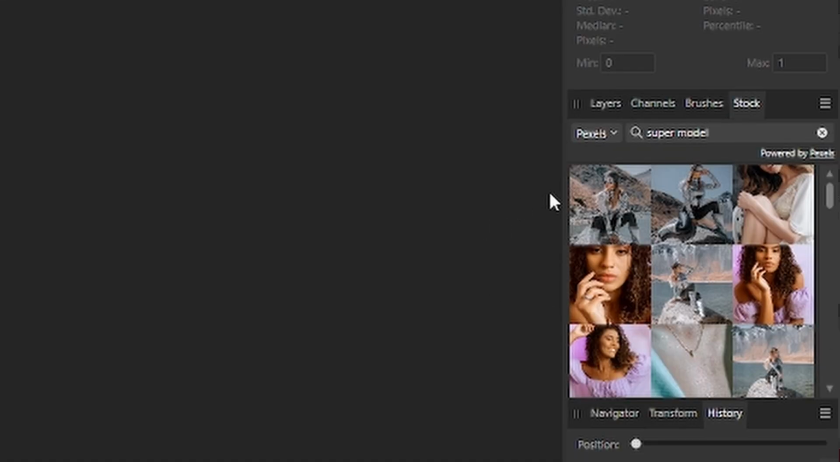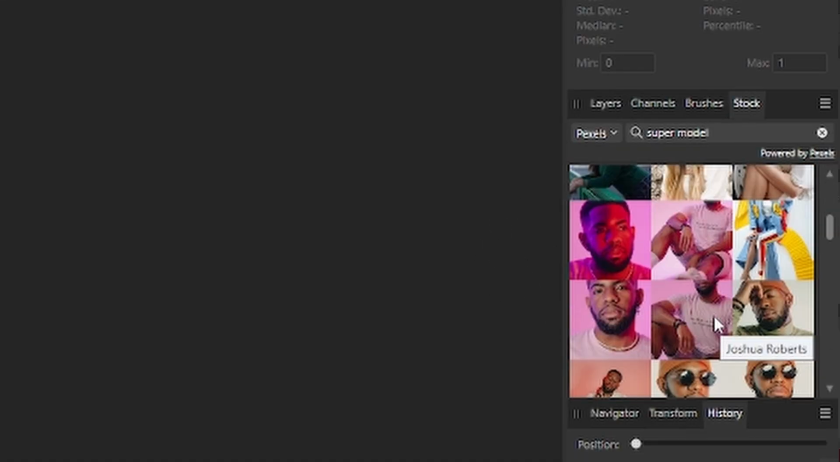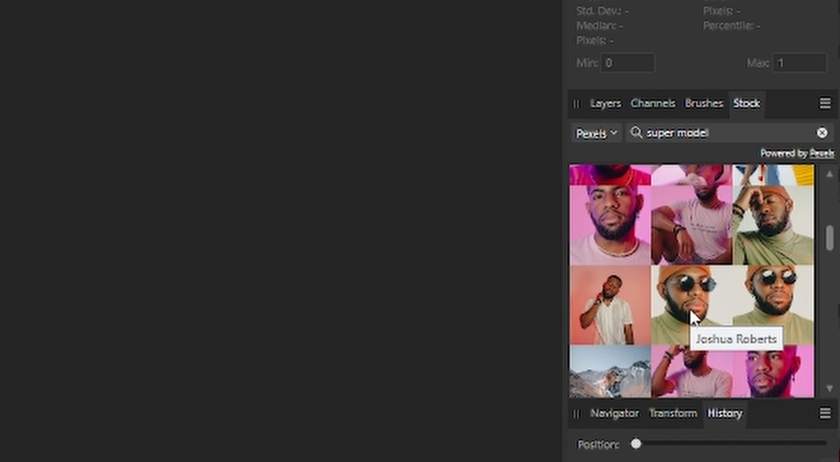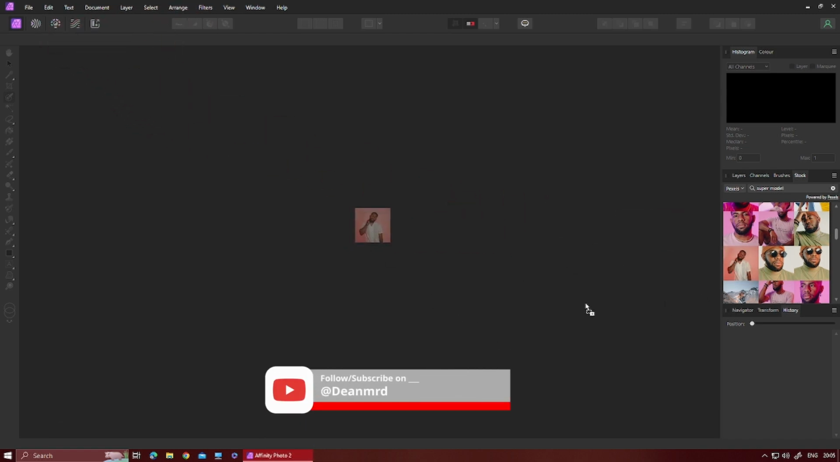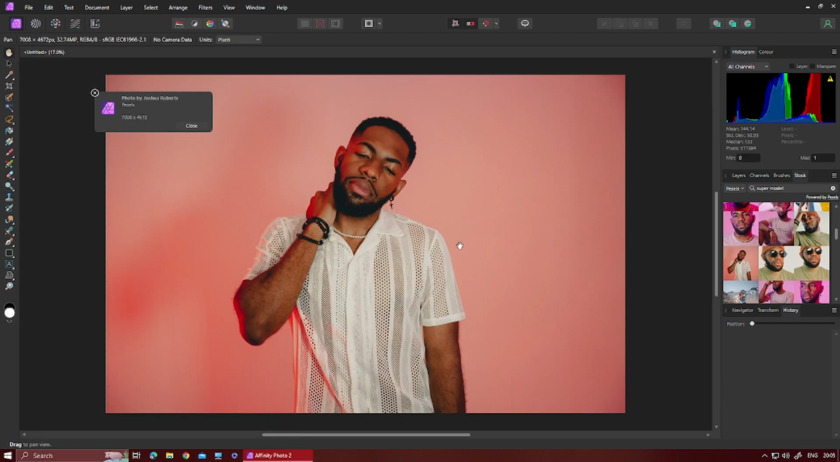So what I'm going to do is select someone to cut the background out of. I want to scrub a photo. I've got no specific aspect ratio in here. You just drag and drop and it will place the photo to the correct size that you want to